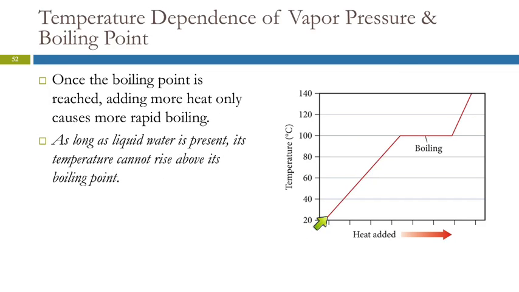So if we take water at 20 degrees Celsius and we add heat to it, the temperature goes up. This makes sense. It gets to the boiling point, it starts boiling, and the temperature doesn't rise anymore. The temperature stays at 100 degrees Celsius. You turn up the heat, wanting it to get hotter. All that's going to do is make it boil faster, boil more. It's not going to increase the temperature. You cannot get higher than 100 degrees Celsius with water at atmospheric pressure. It will not increase in temperature until you've boiled away all the water. Then the steam can rise in temperature. So it hangs out at boiling.